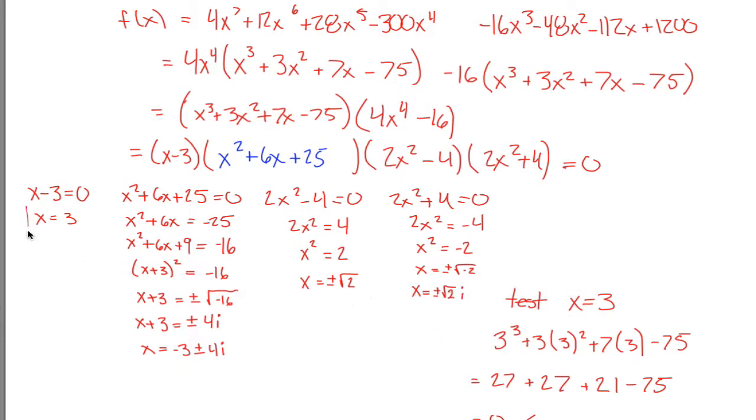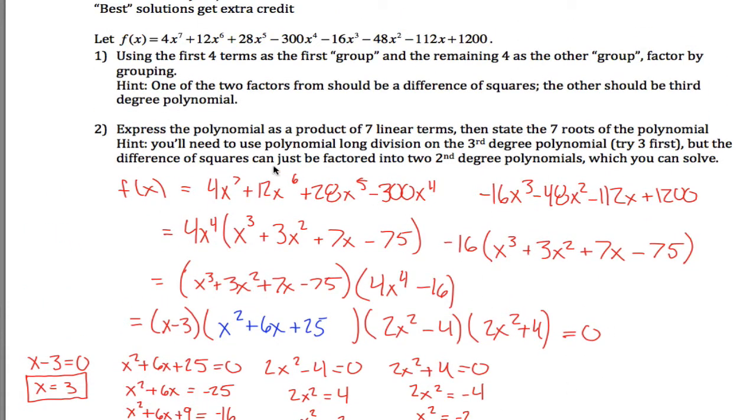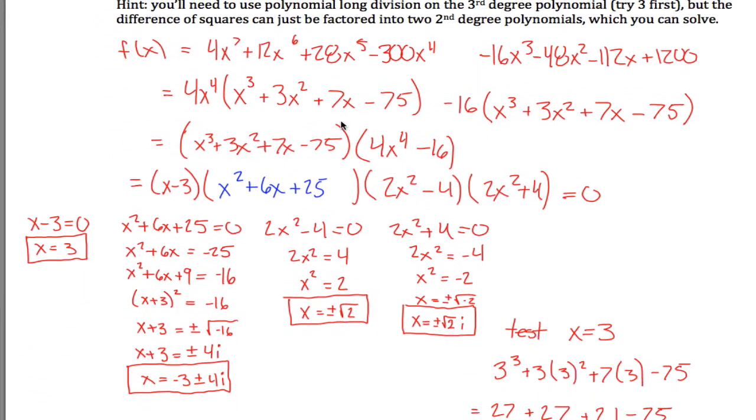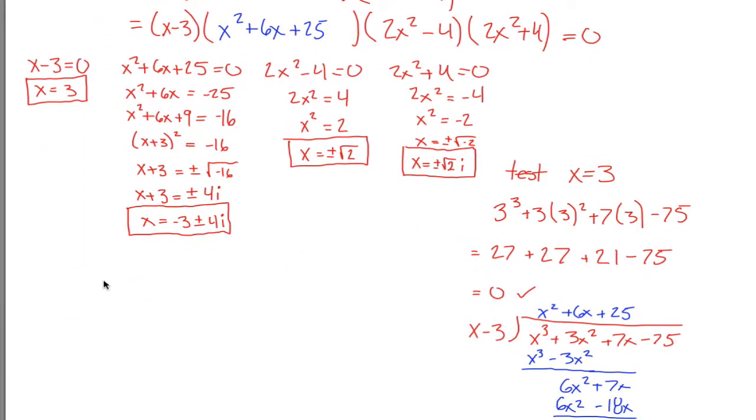So what I have are 7 roots here. Here's one of them. Here's the second and the third. Here's the fourth and the fifth. And here's the sixth and the seventh. Make sure I'm doing everything that it was asked. Express the polynomial as a product of 7 linear terms. I can do that. Now that I have the 7 roots, I can express it as a product of 7